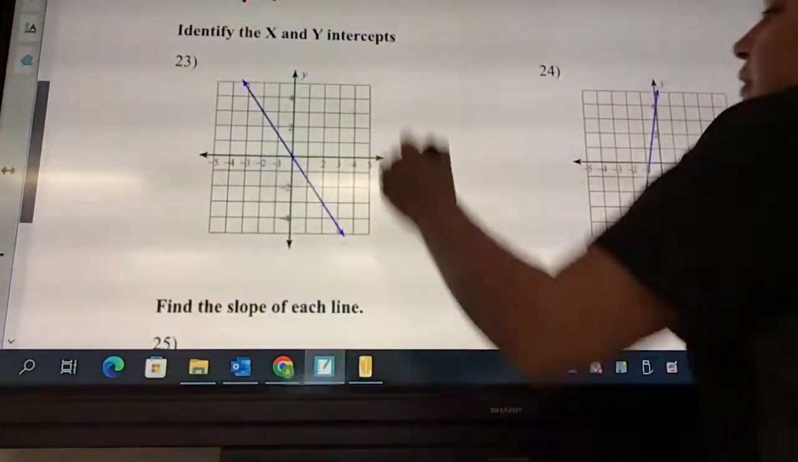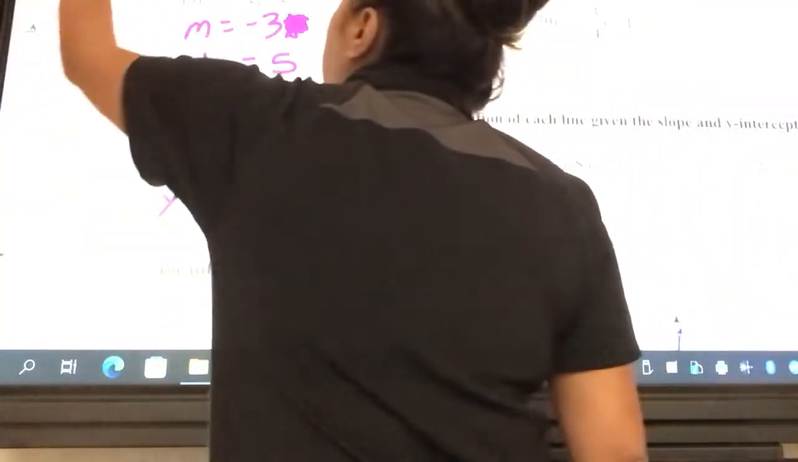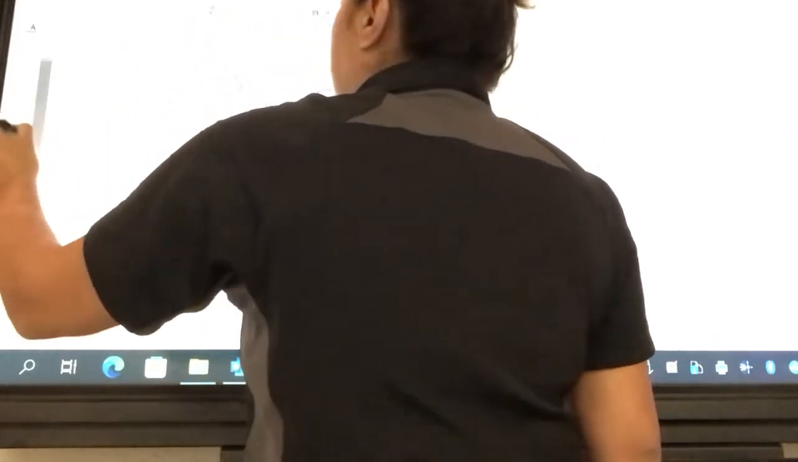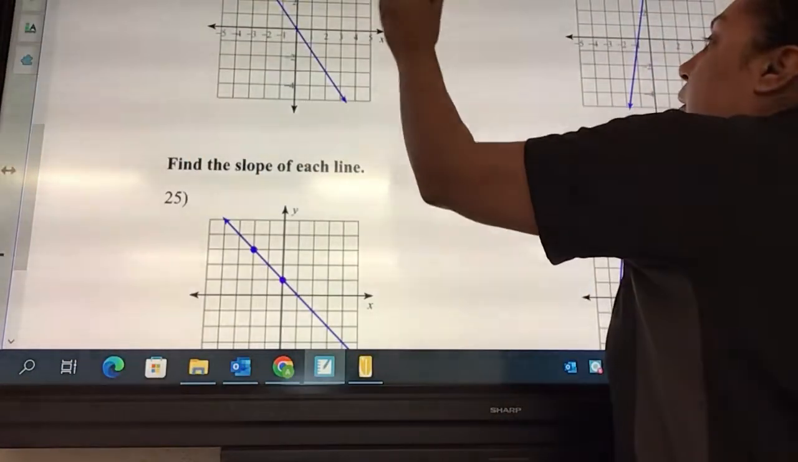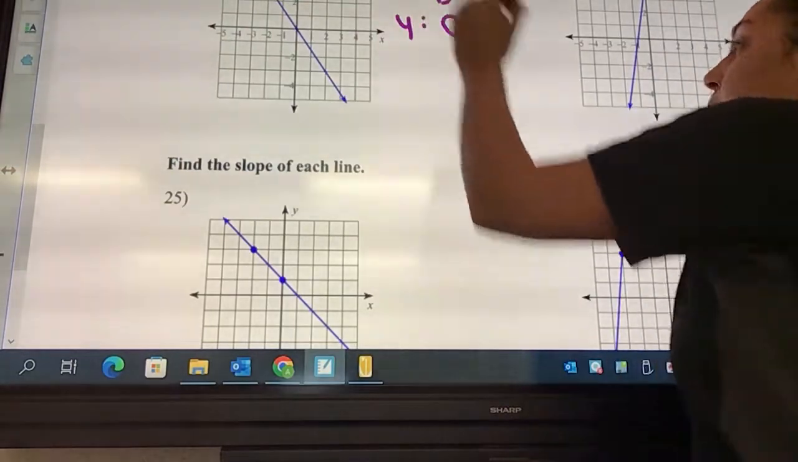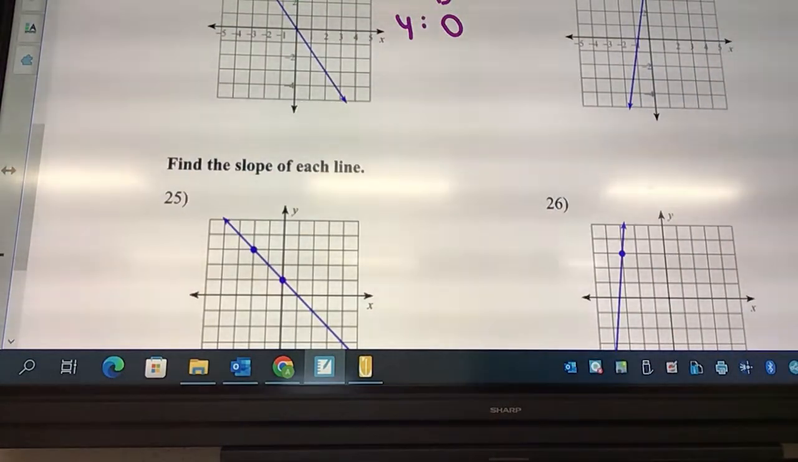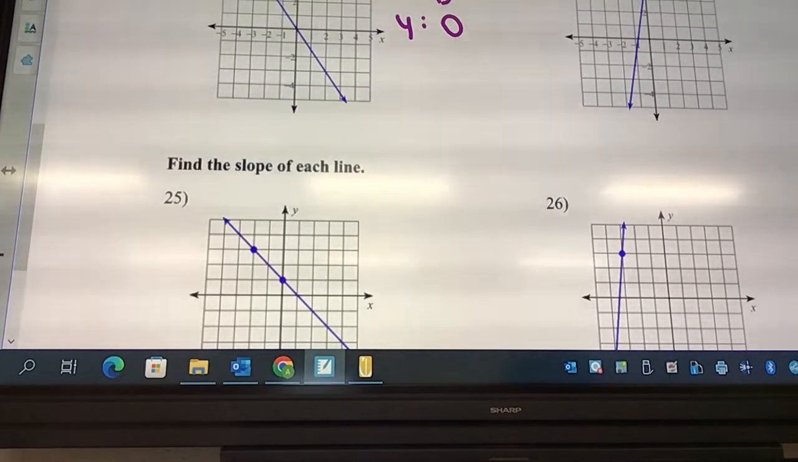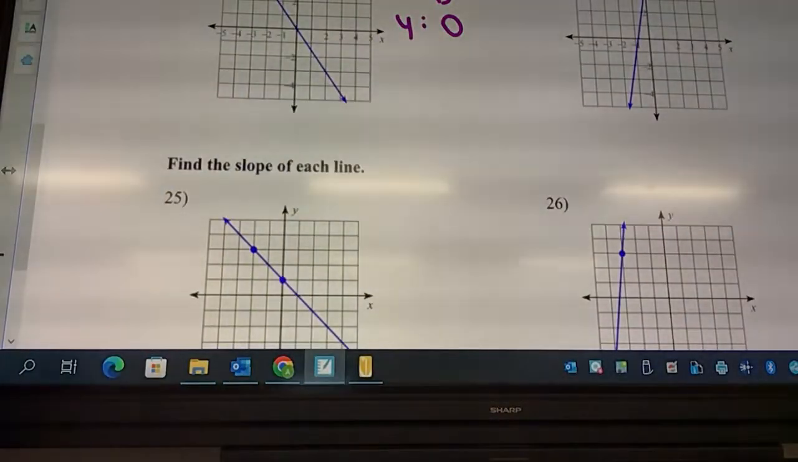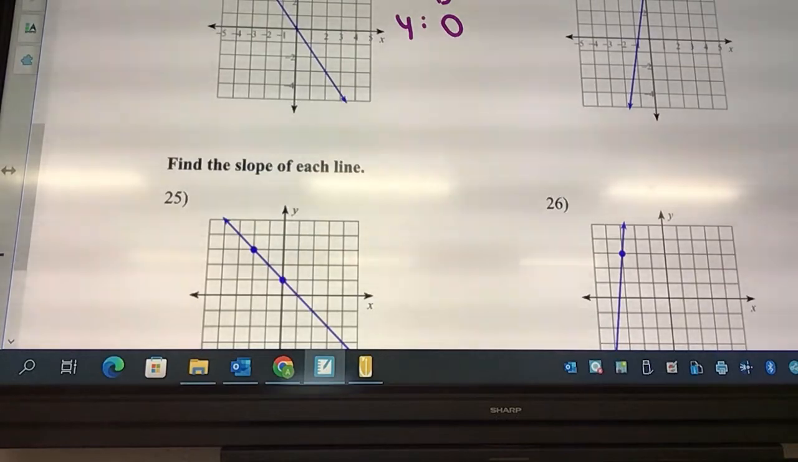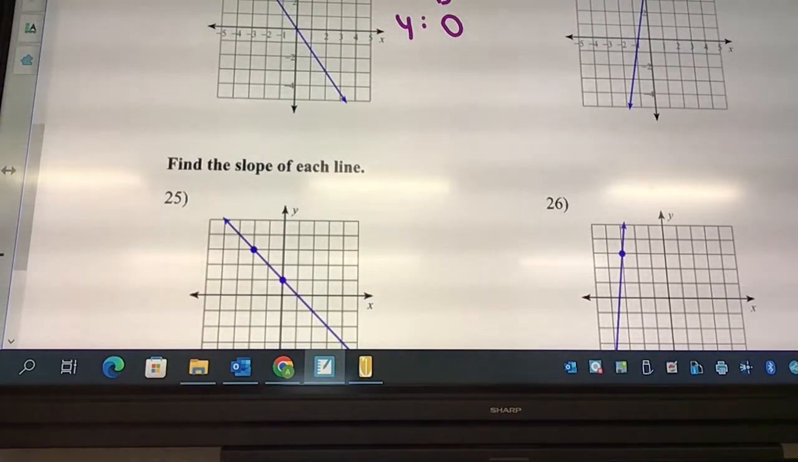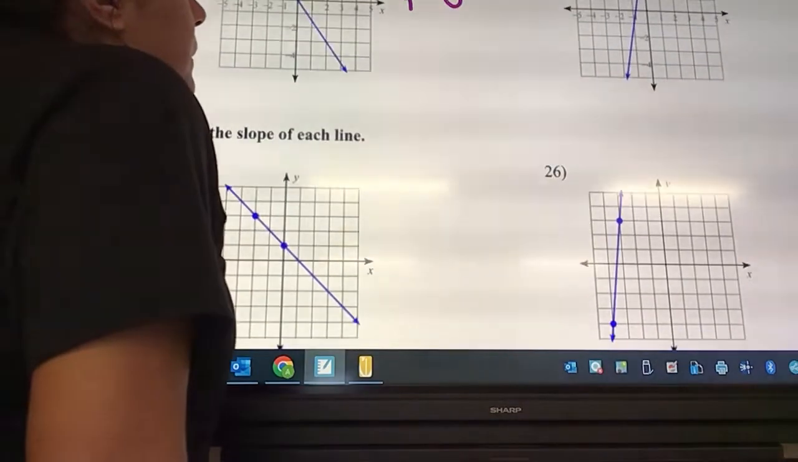Identify the x and y intercepts. What is the x-intercept? 0. What is the y? Yeah, they're both 0. Because you ask, where does it cross the x line? And then where does it cross the y line? This one's a little different because, see, this is the x line, so your x-intercept is going to be there. And then your y is going to be